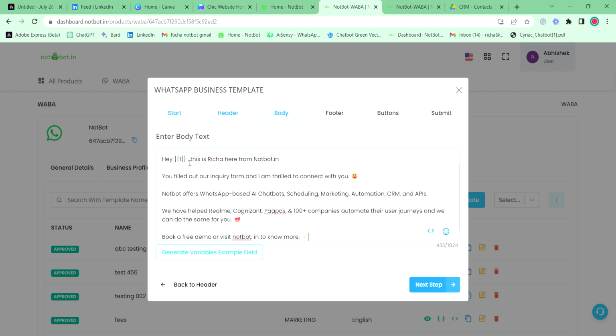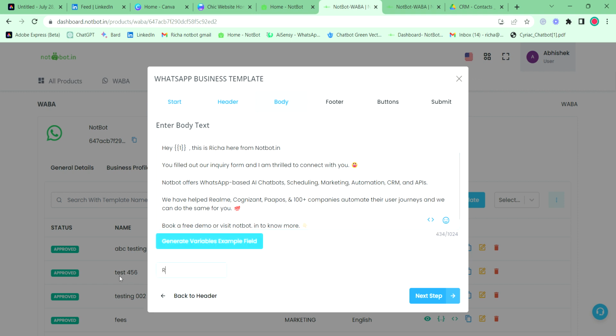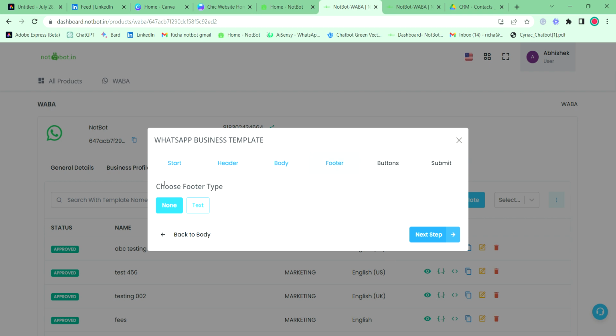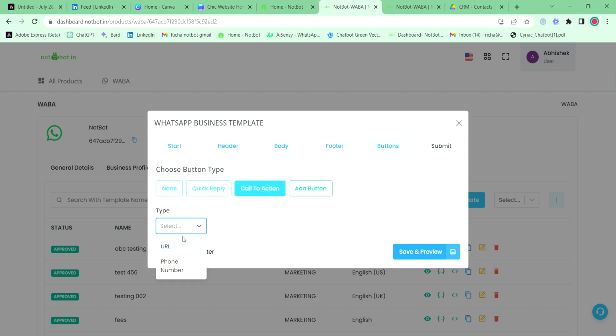Now I have a variable over here, so I have to give the example of the variable. I want the name to be my variable. Click on the next step. I don't want any footer, you can if you want. Next step, I want a button, CTA, URL type, book a demo, put in your URL,